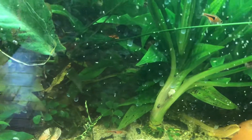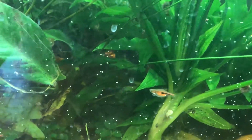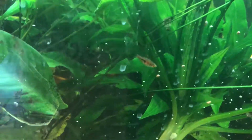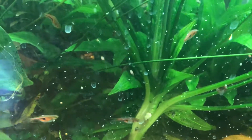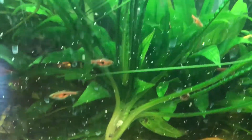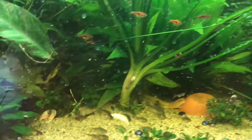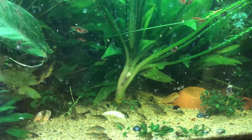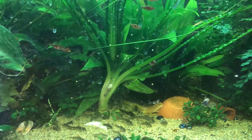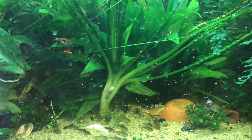Some for the little Rasporas. I've been looking very hard for more of these lamb chop Rasporas locally, and nobody seems to have them. Just frustrating me because I really like to increase my school. I have like 4 of them, and I'd like to have like 20 in this tank. This of course is my 75-gallon planted, and I'd really like to up the number of